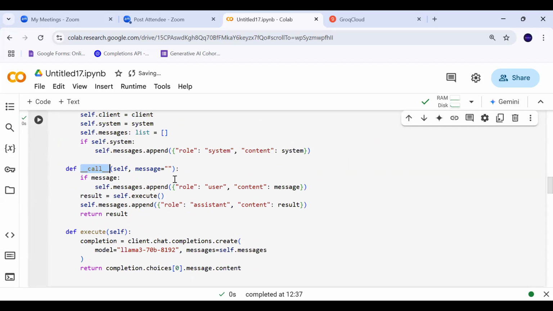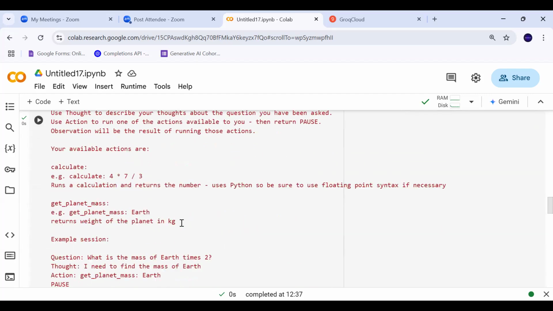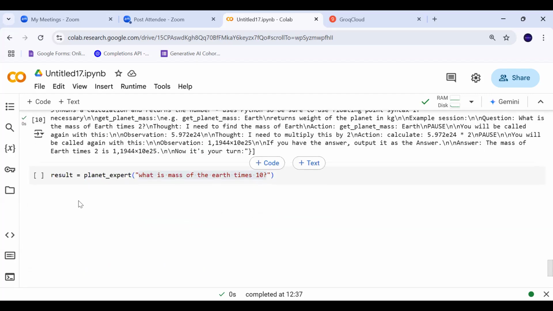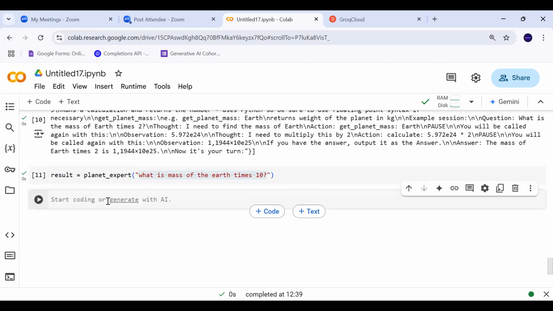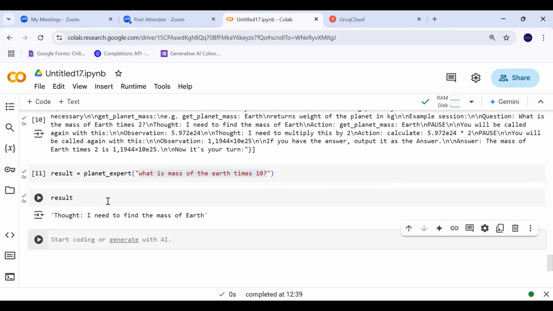What will it do? If the message is not empty, it will append this message and call the execute method. Let me do that. Let's see what is there in the result. Here we don't need to mention the call function name, the method name. It will be done automatically.